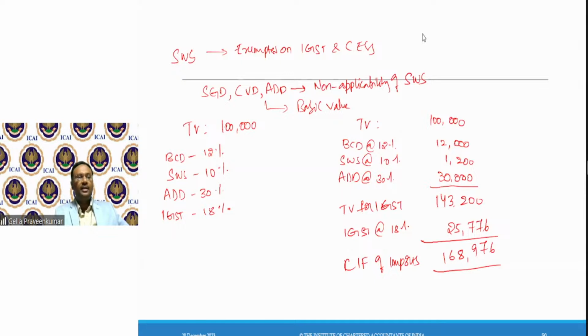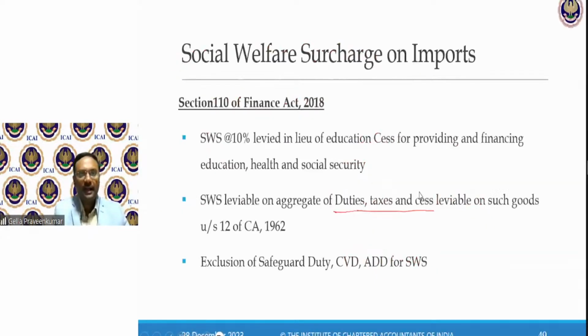Good. Let's go further. So this is how my social welfare surcharge works: in the process of calculation, social welfare surcharge is just a 10% levy on basic customs duty. And this social welfare surcharge is completely disconnected from safeguard duty, anti-dumping duty, and social welfare surcharge itself.